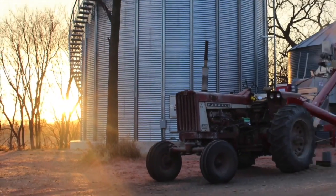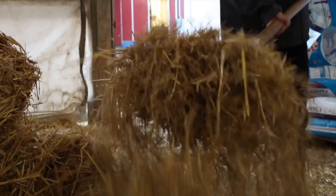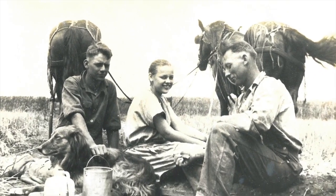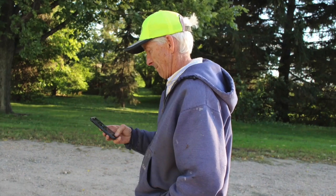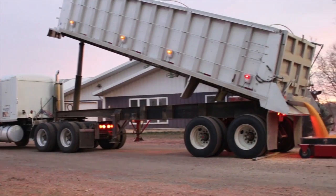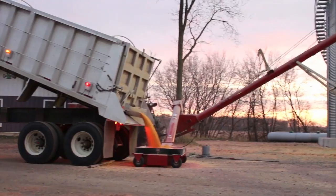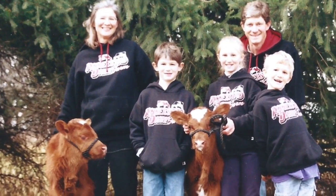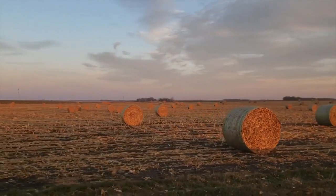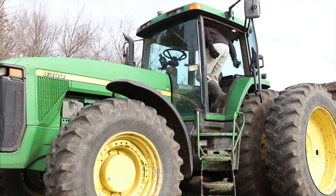The average American is now 3 or more generations removed from the farm, but chances are, somewhere along their line, someone in their family was involved in agriculture. Today, farmers embrace their roots while using new equipment, technology, and management practices to make farming more efficient. 98% of farms in the United States are family-owned. My family, like countless others, have farmed on the same land for generations and hope to continue caring for it